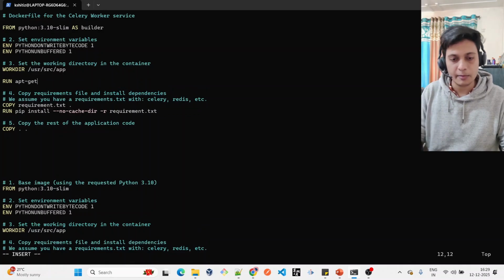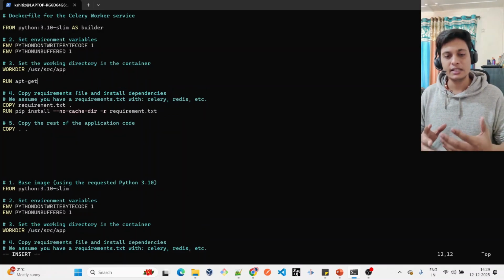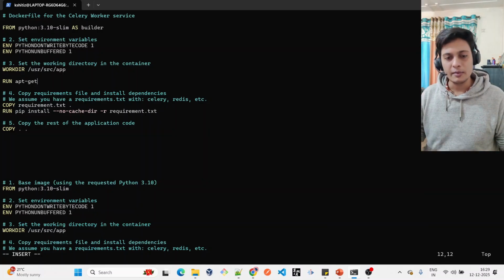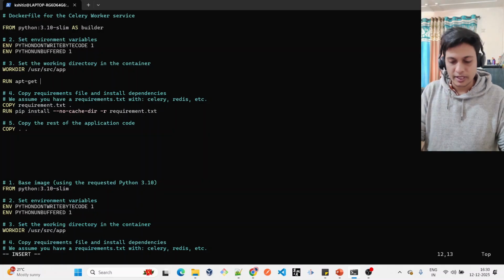apt-get update, because sometimes you take some instance of your image that has some old libraries which are not compatible with the newer version you are using. So we are going to update the builder things, all the packages which work as a backend for your application. So apt-get update,